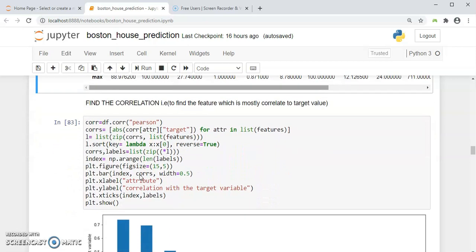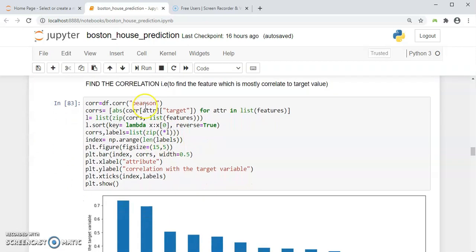As we are using linear regression, we have to find out the correlation. Correlation in machine learning or in general is a statistical technique that can show whether and how strongly pairs of variables are related. To do so, I am here using Pearson correlation. You can use any correlation of your own choice.